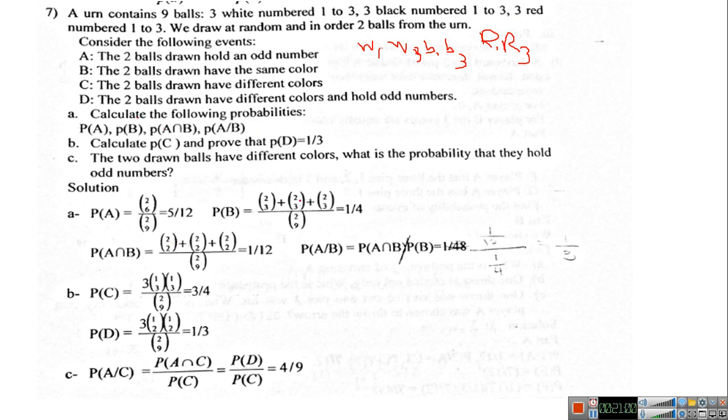I want B. Yes, true. So 2 out of 3 plus 2 over total. I have 1 over 4. P of A intersecting B. What does it mean intersecting B? I want it same color and